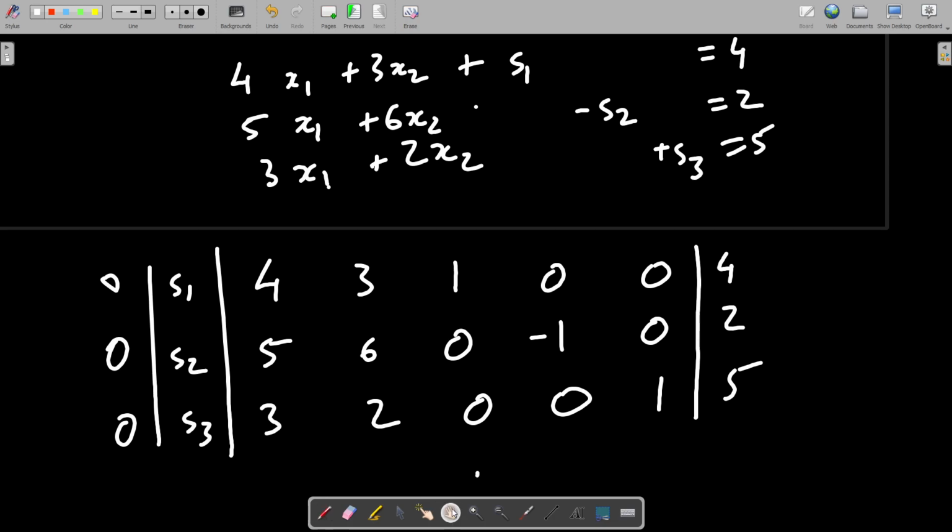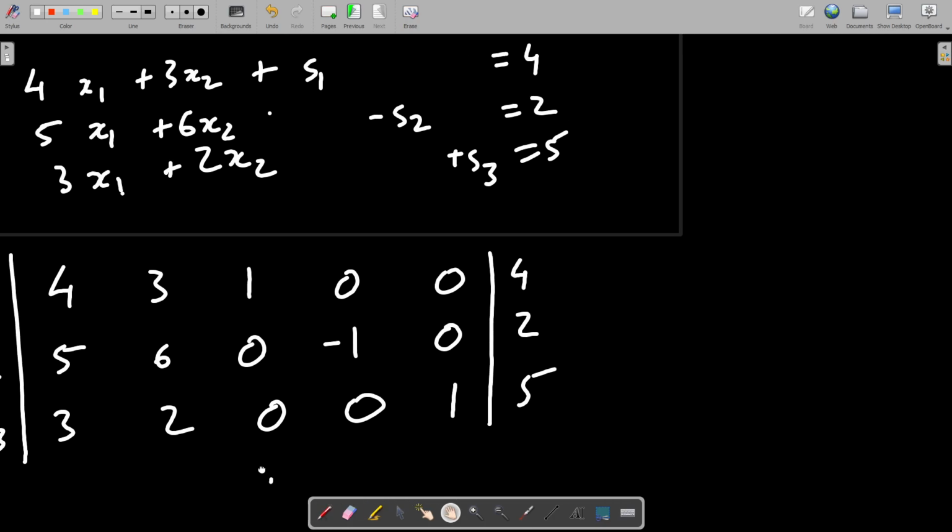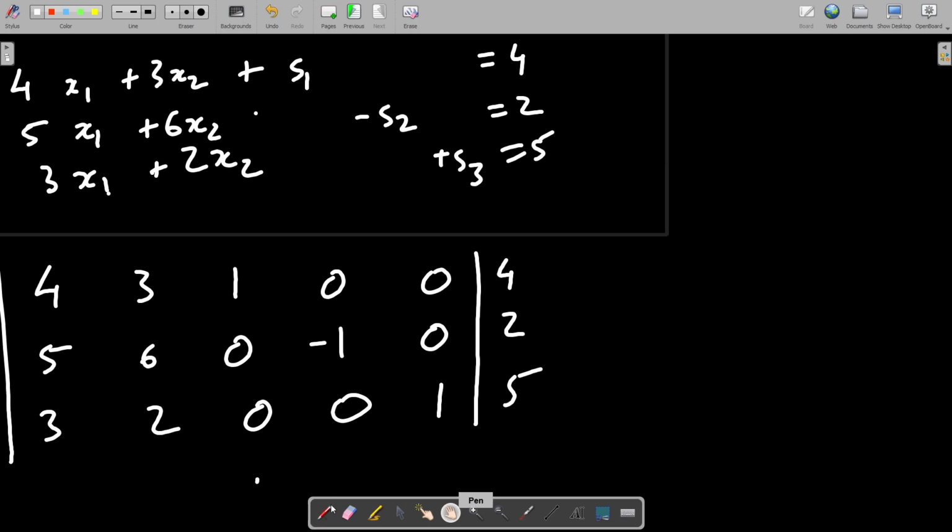What we used to do actually here is to say that, see, what we have here is 3 equations in 5 variables, right? So how many variables are extra? 2 variables are extra.